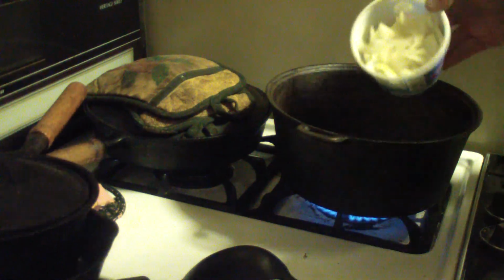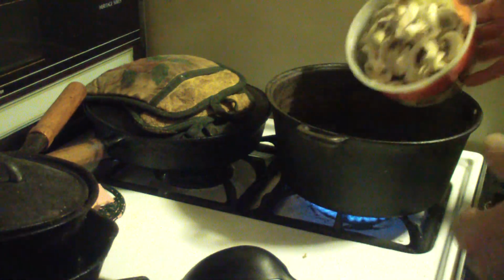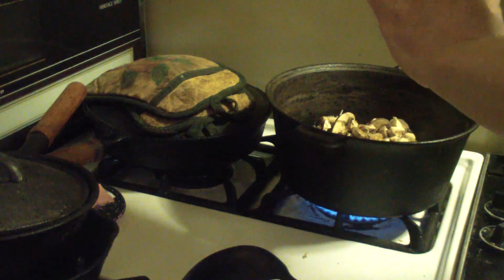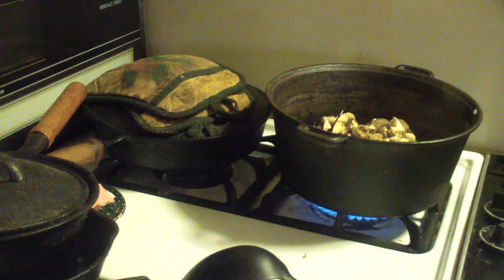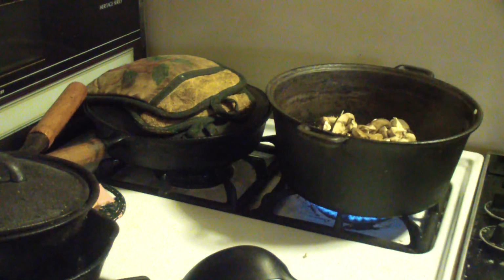So I have a 1/4 cup of butter in here. To that I'm adding 2 medium sliced onions, 8 ounces of sliced mushroom, and a clove of minced garlic. And then I get my